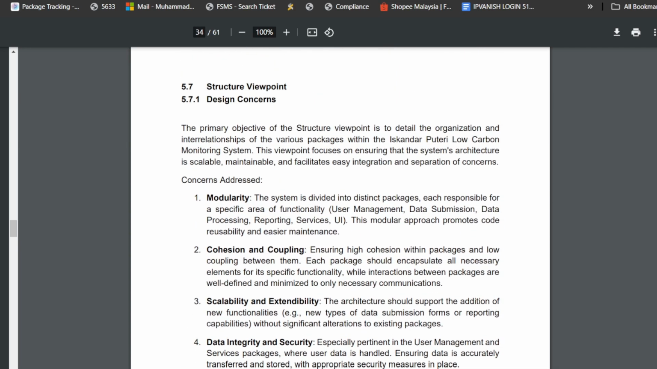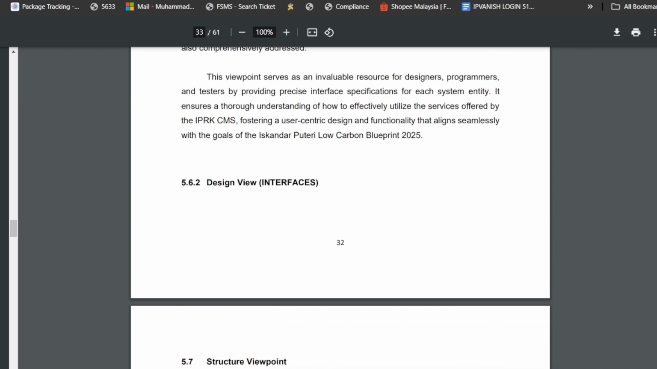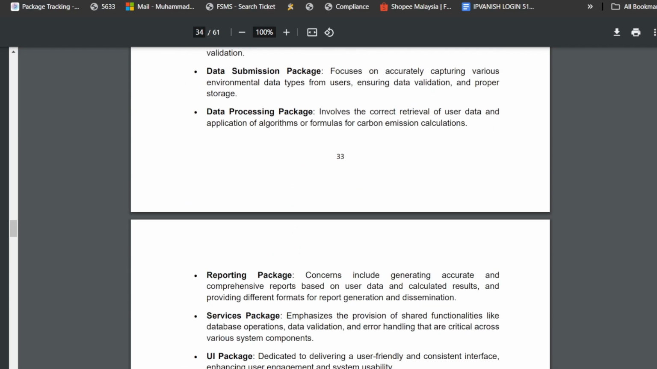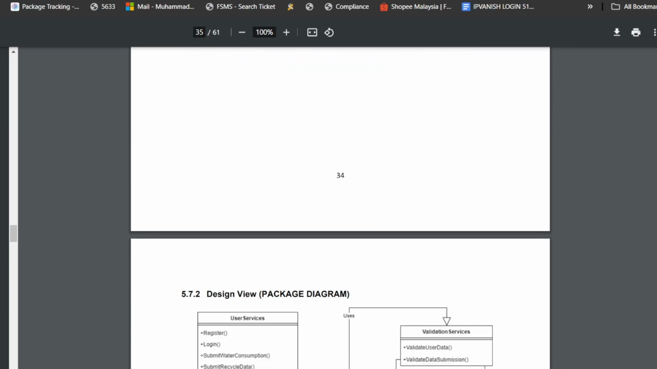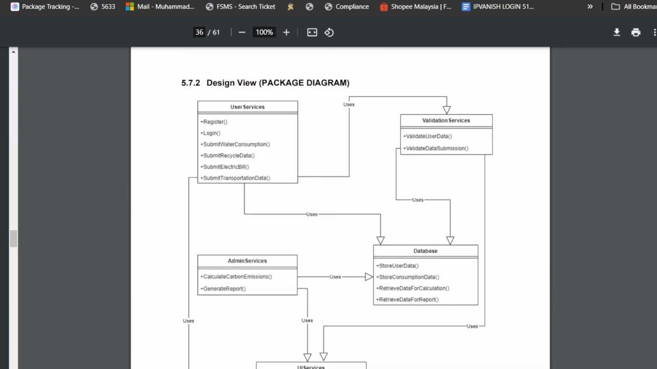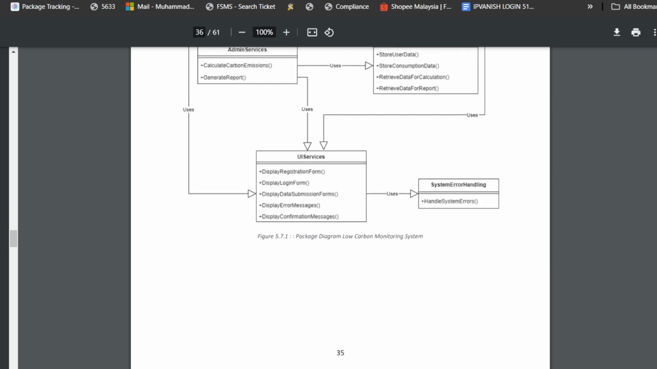So for the package diagram, this is our package diagram. We have 6 packages, which are user services, validation services, admin services, database, UI services, and system error handling. Then next we move on to the interaction viewpoint,